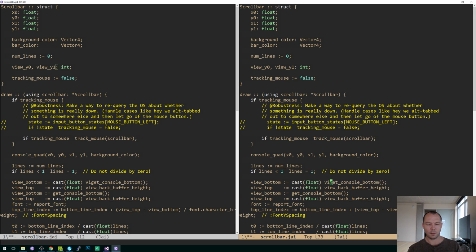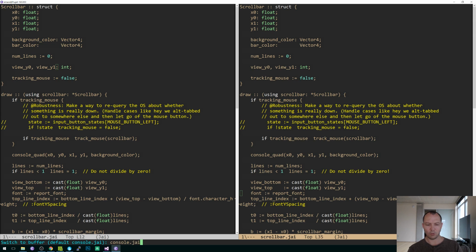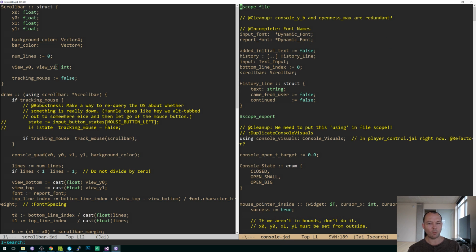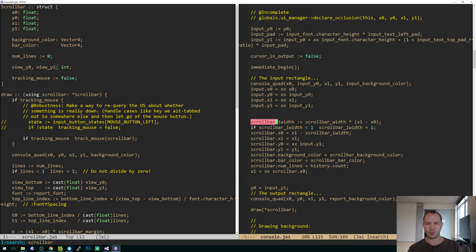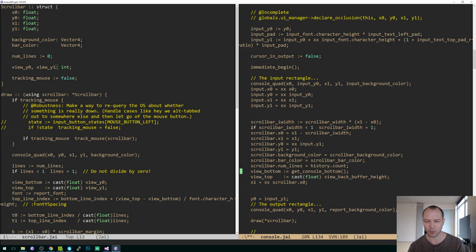Float view y0. Console. This is what happens when you want to abstract things. This is fine because we probably want to use the scroll bar in the editor and stuff. But look at how I'm doing a bunch more work, right? Scroll bar dot view y0 equals console bottom, scroll bar dot view y1 equals